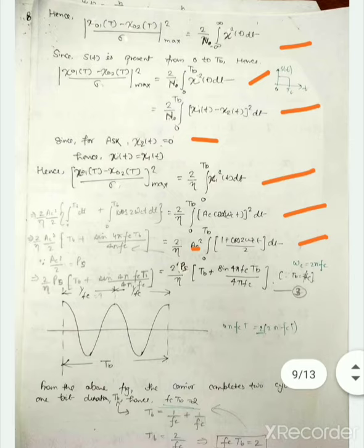Now we will do the integration separately for each term, that is integration of 1 we will do separately, and then integration of cos 2 omega_c t we will do separately, and the 2 which is in the denominator has been taken out of the integration sign, being a constant. So here we will get this equation. Integration of 1 dt will be equal to t, we know that, and we will put the limits from 0 to TB. We will get the first term here, Ac TB.